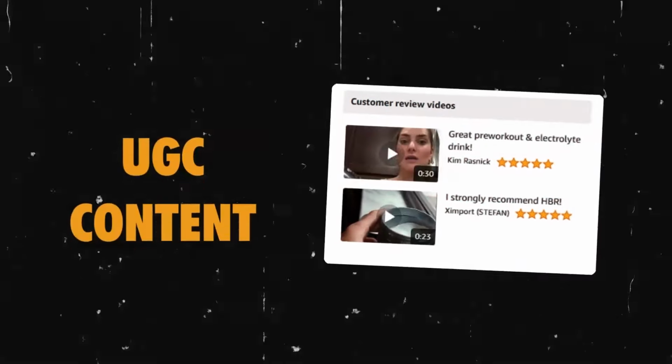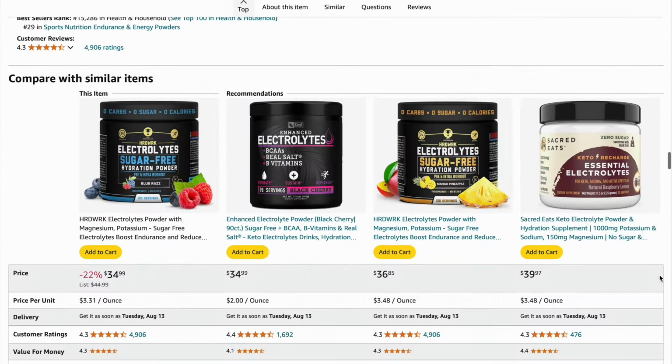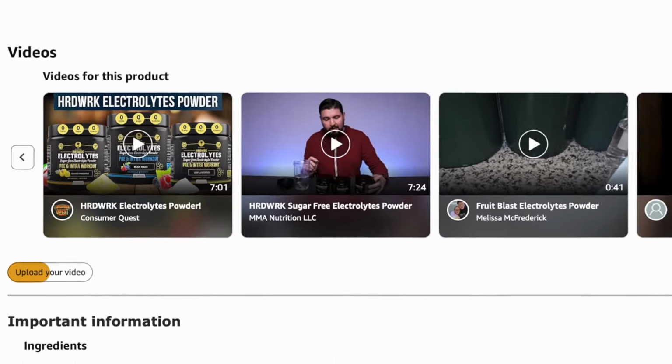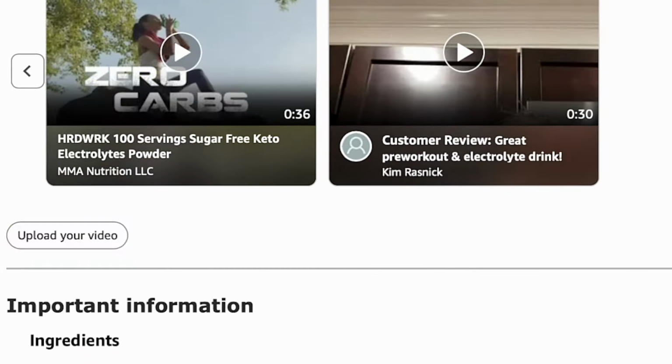Awesome. Okay, UGC. This one's fun because UGC is a big part of getting good creative in D2C, a lot of times for ads, but how does UGC factor into Amazon and conversion? Yeah, so UGC is a great way to get people to see how others are reacting to the product. There's a module right below A+ content, and it just says upload a video. You can click on that, copy the link, and go to creators that you've worked with, or creators you can look for on Instagram, and say, hey, I would love to give you a free product to try out. In exchange, would you do a video review for us and upload it to Amazon?